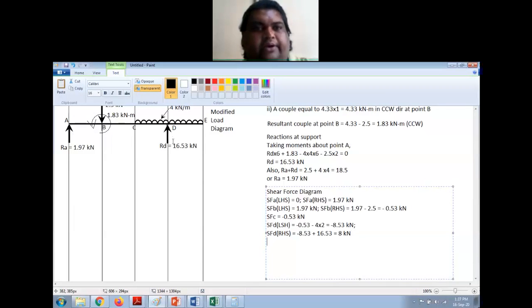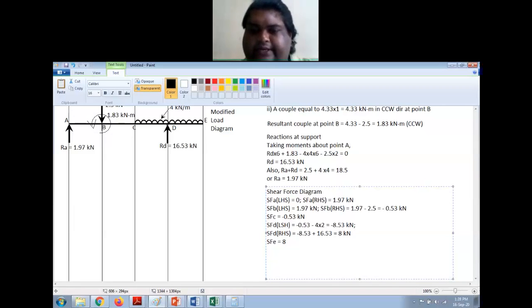Okay, now I have come to D, and the last point is E. SFE. This is an end point, so it is going to be 0 there. We will not have 2 points. So SFE is equal to